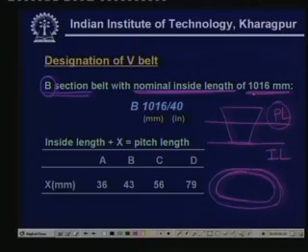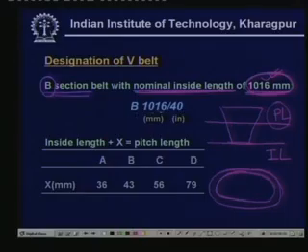In the catalog you find that 1016 mm is the closest to your calculated length. Then you have to choose this belt and designate it